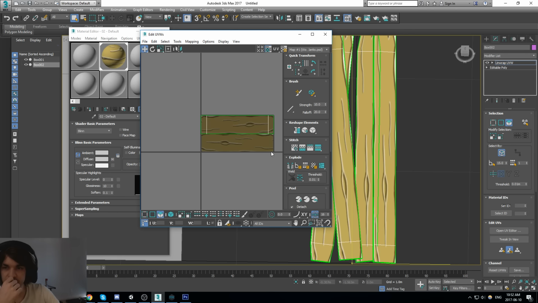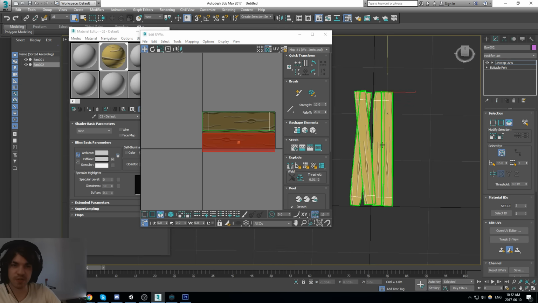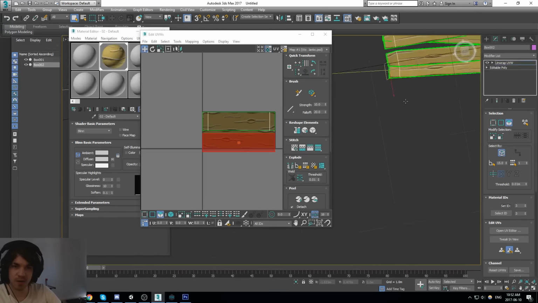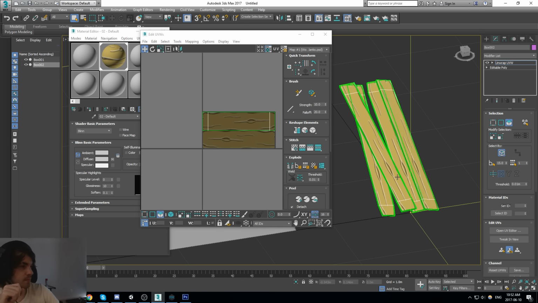That's not it. I want it so when I click on one vertex, it just selects the whole thing. Okay, no, that was it, right here. But I'm just wondering, why does this one have no edges? Some mysteries.